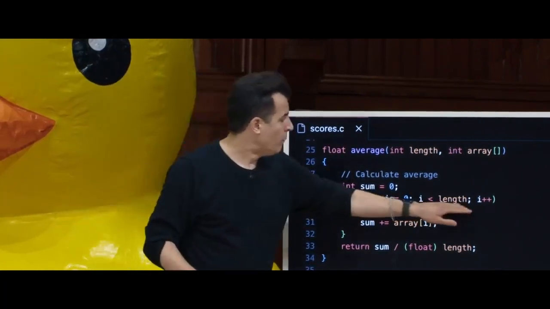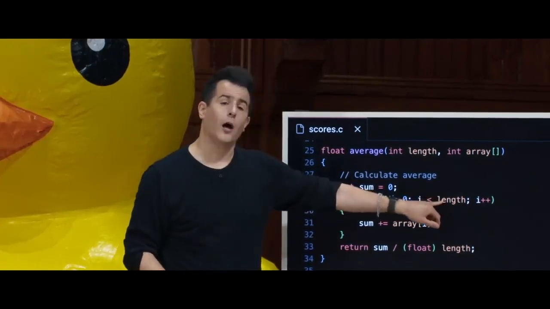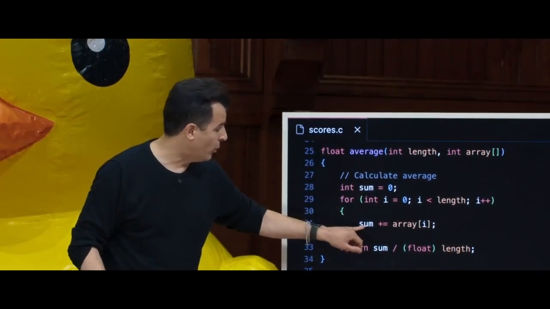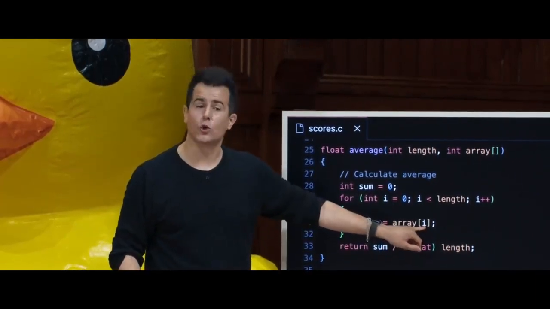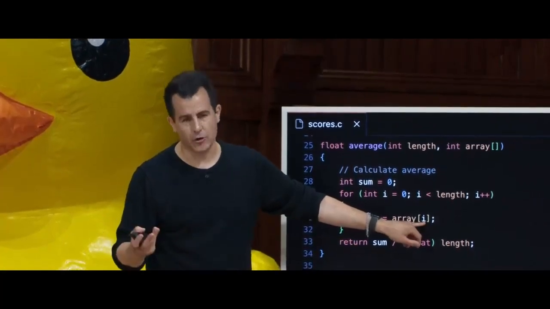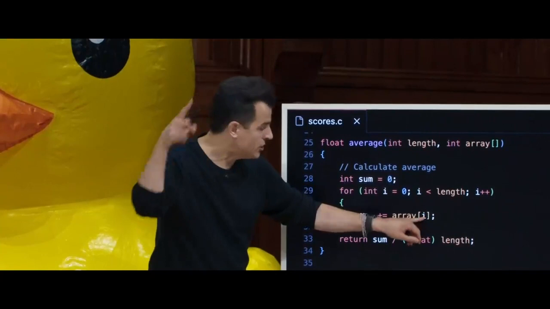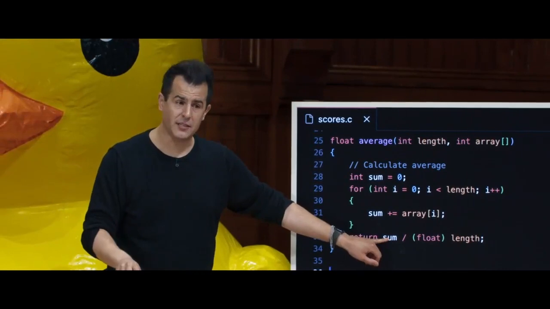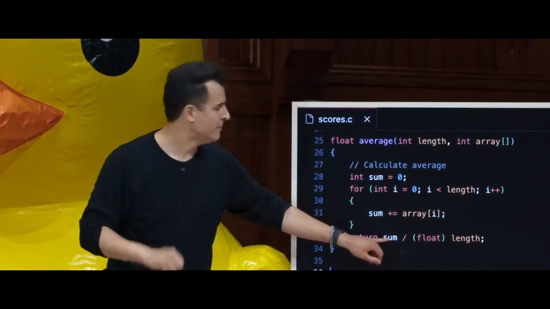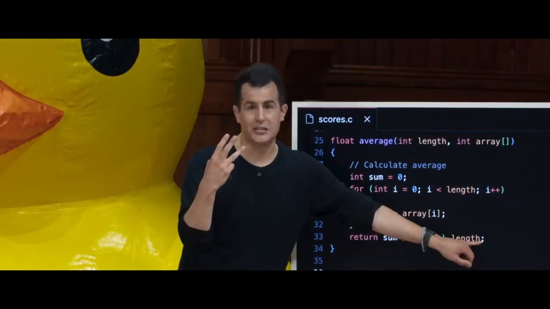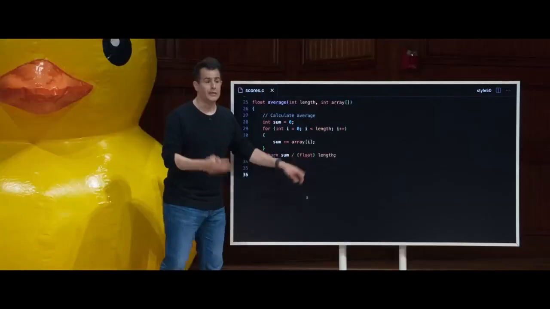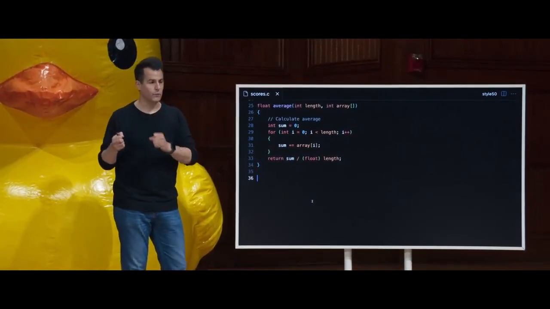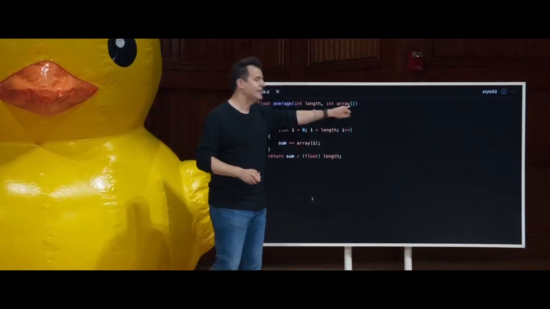So here's my loop where I'm iterating from 0 up to, but not through, the length. So that should be 3 times. I am adding to the sum variable whatever is at the ith location, so to speak, of the array. So this is array bracket 0, array bracket 1, array bracket 2 on each iteration. And then the last thing I'm doing is kind of a nice one-liner. I'm dividing the sum, which is an int, which is the sum of 72, 73, 33, divided by the length, which is 3. But 3 is not a float, so I cast it to a float so that the end value, hopefully, is going to be 59.333333, and so forth.